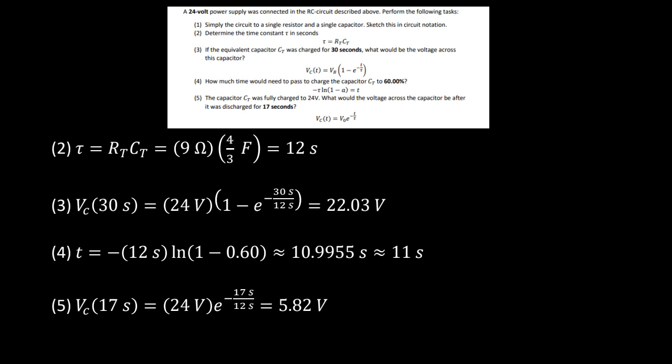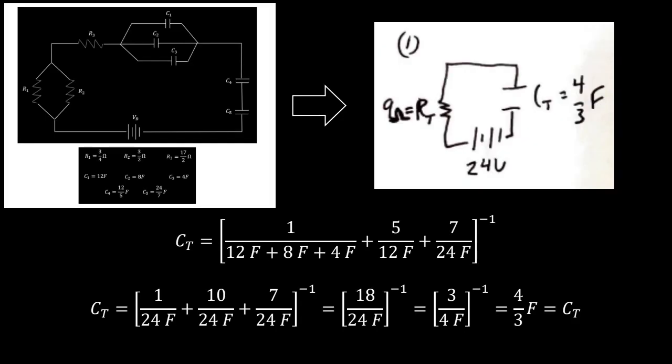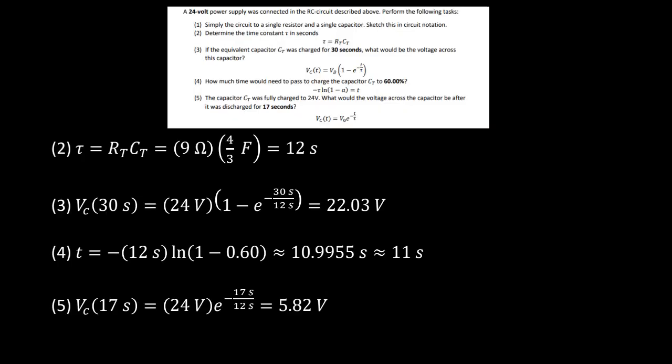And if we were to sketch it, well, you would just sketch your power supply, a single resistor, that jagged line, and then a capacitor where we have those 2 plates that are separated in space, and then just write in their symbols and their values. Now, since we have our equivalent resistor and equivalent capacitor, we can solve the remaining 4 problems